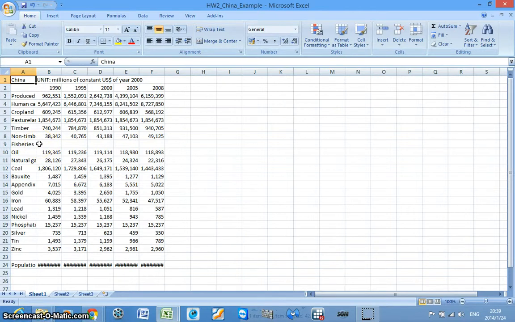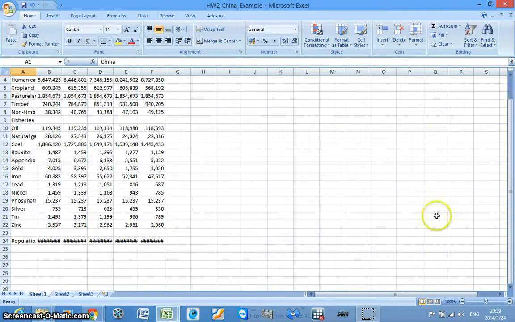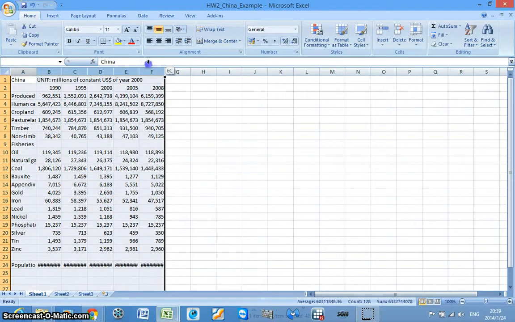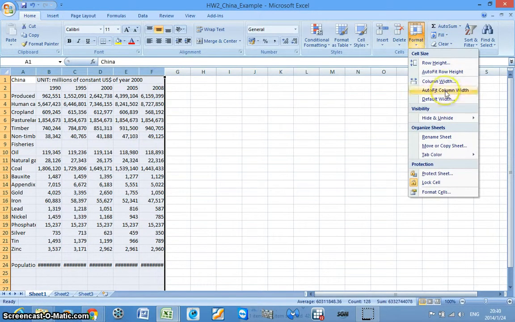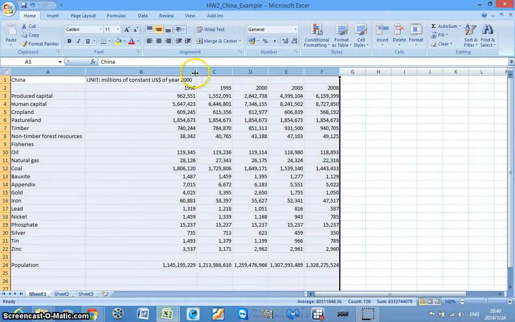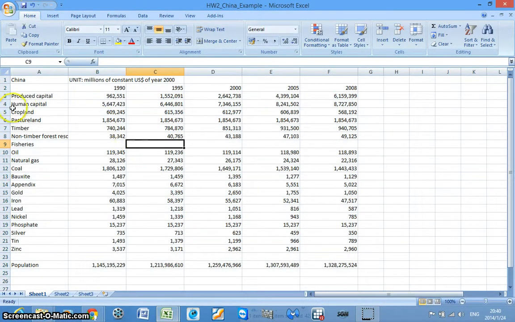In this video, I will show you how to calculate the inclusive wealth index using China as an example. As we talked about earlier, you can first format it to auto-fit column width so you can see all the data, including the population. In the assignment, you are asked to calculate the natural capital, which includes the agricultural land, forest, natural resources, and